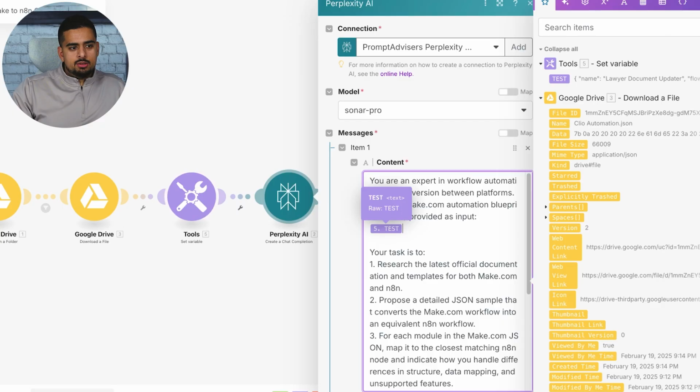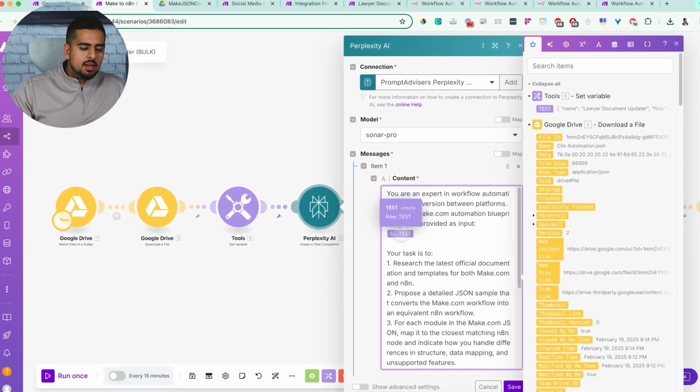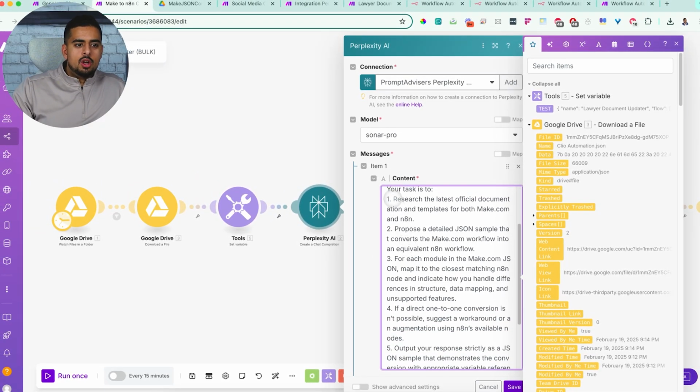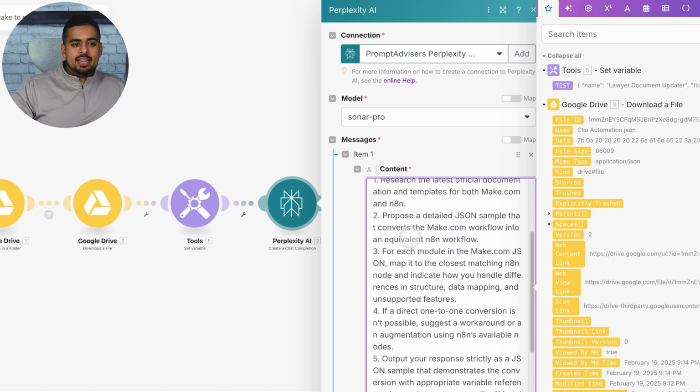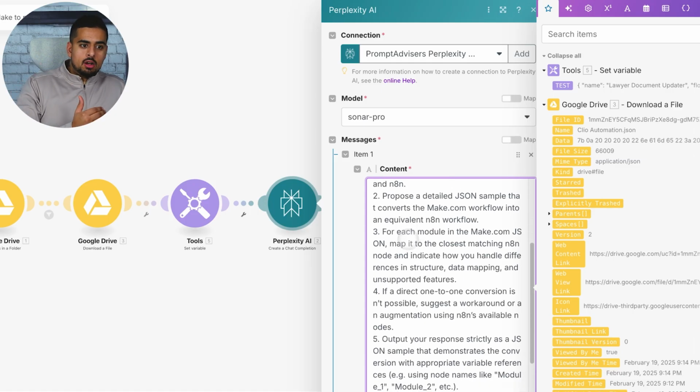referencing this variable test, and you see it popping out on the left hand side of the screen. And then I say your task is to research the latest documentation and templates for both make.com and n8n, propose a detailed JSON sample that converts the make.com workflow into the equivalent n8n workflow. This is important because knowing that there are thousands of integrations in Make that don't exist yet in n8n, if there isn't a match, we don't want it to just break the JSON. Ideally, we should have some form of substitute, or we should try to have some form of placeholder that could